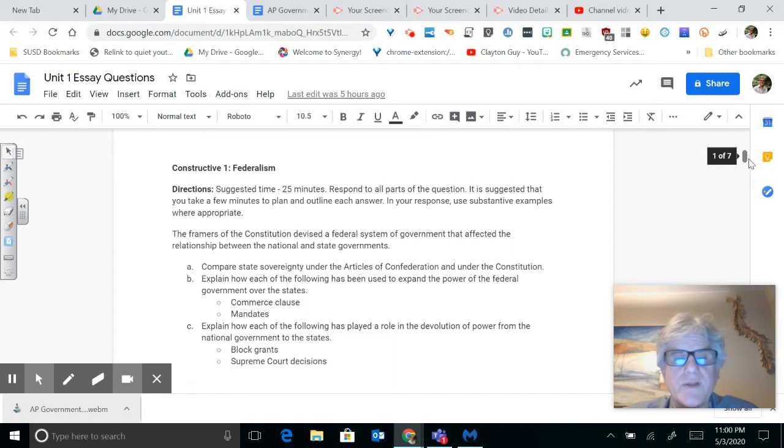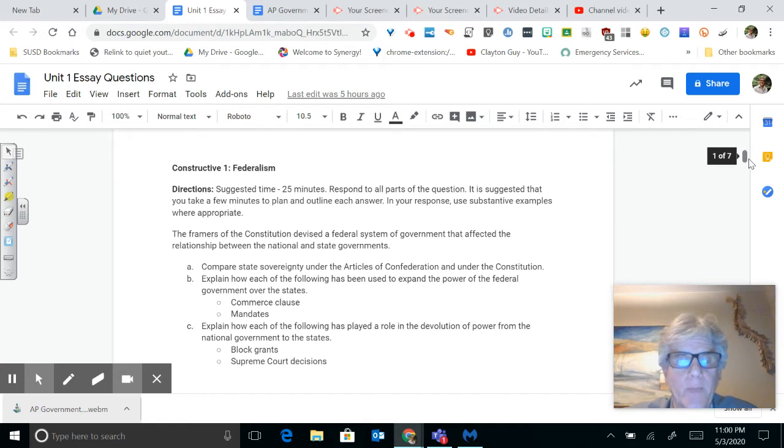Explain how each of the following has been used to expand the power of federal government over the states. The Commerce Clause is used to expand the power of the federal government. Congress has used the implied powers to do that. We've used the Commerce Clause for civil rights. That was a main one. We've used the Commerce Clause for Social Security, for Medicare, probably even Medicaid also. Any of the New Deal programs, the Commerce Clause was used, regulating trade to do that. Minimum wage is trade, who you can hire and fire, any of the workplace rules and laws using the Commerce